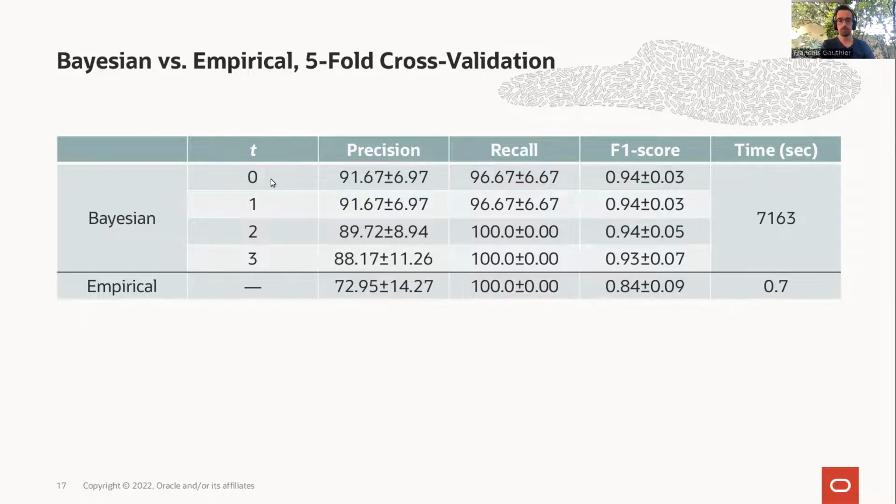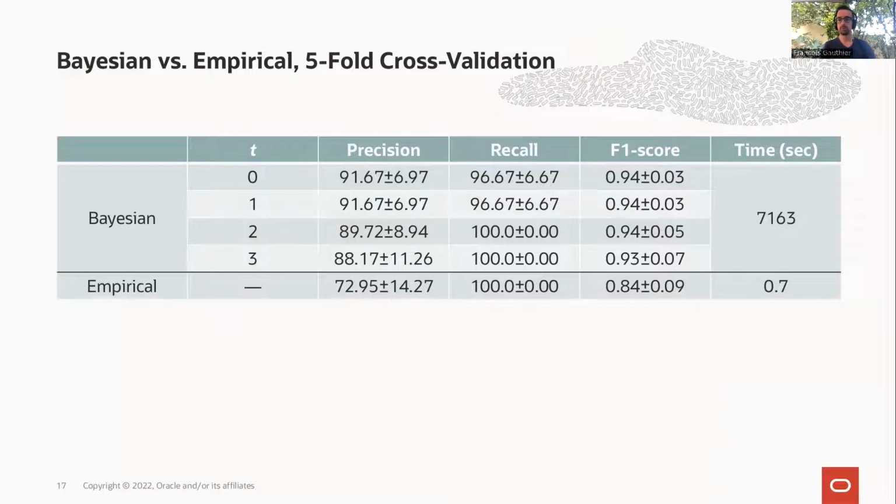However, if we look at the Bayesian approach, and once again, this T parameter is really just the number of standard deviations we take around the probability, so that's our confidence interval size. If we go for basically no confidence interval, we achieve a precision of roughly 92% plus or minus 7% with a recall of 97%. So already you can see that precision is much higher using the Bayesian approach. But we're paying a little price in recall. If we increase the size of our confidence interval, as I mentioned, we become more conservative. So we will